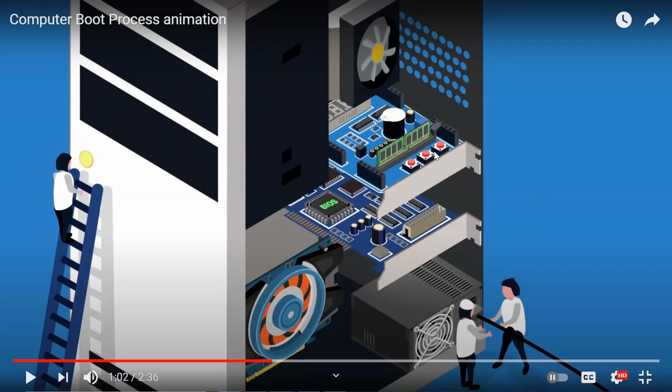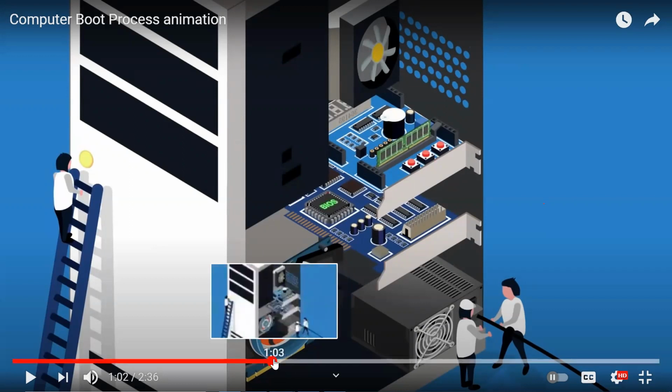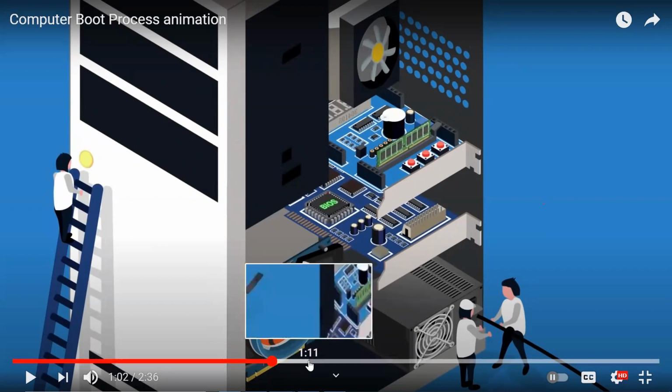So basically it checks whether everything is fixed together and this particular computer is ready to boot up, right? As well as it will check for the input-output devices, like whether a mouse or a keyboard is connected. It specifically searches whether a keyboard is set up, right? If not, it gives a beep sound and an error message: primary input device is not connected, so we can't boot, right?